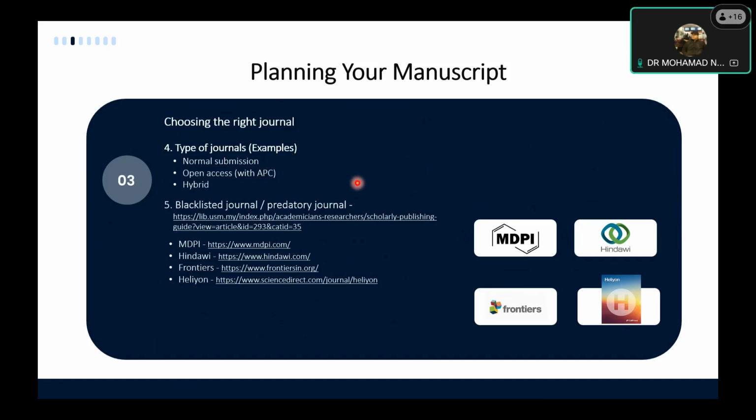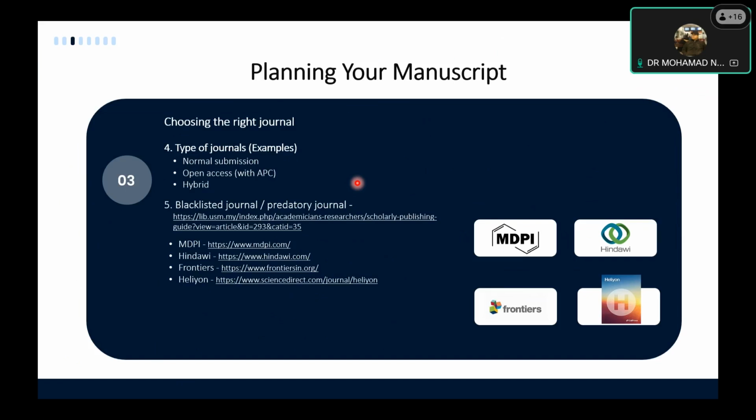So for example, if I'm not mistaken, I recently paid around 2,000 ringgit for a paper. But the APC for this paper is getting increased. I think previously it was 500 UK pound sterling, and now it's 700 pound sterling. It increases when the quartile of that particular journal is in a good rank, so they will increase the price.